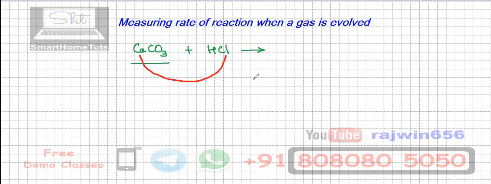Now what should be the formula of calcium chloride? I'm going to provide you the valency chart, that is the oxidation number chart, from which you have to look into the valencies. Of course, you have done the chapter of periodic table. Can you tell me calcium, Ca, this element belongs to which group and which period? Since you have done the chapter of periodic table already, that's why I'm asking you that question.